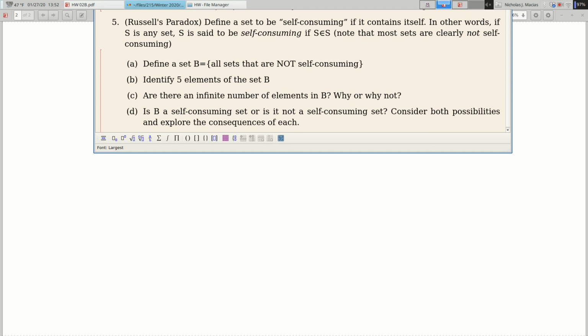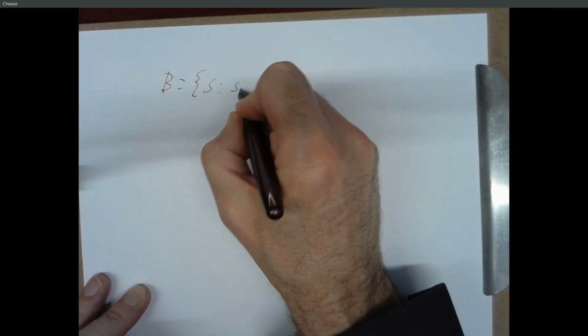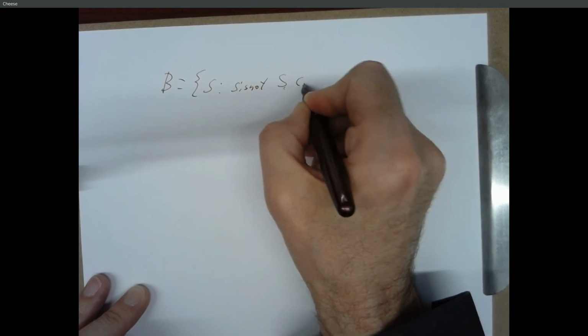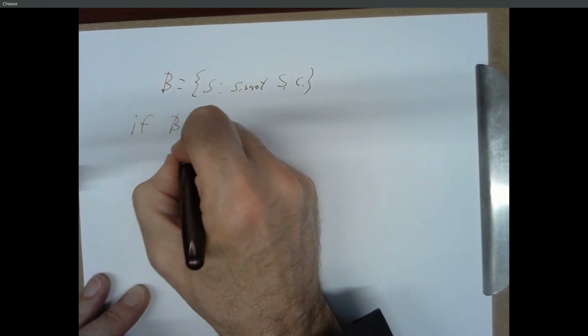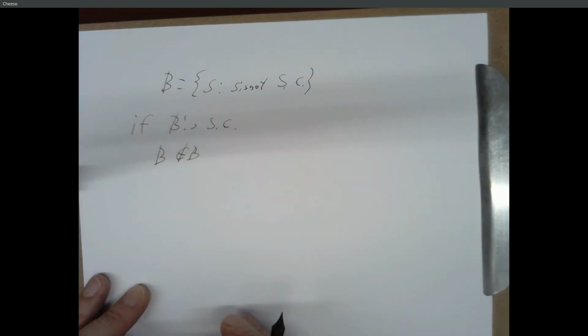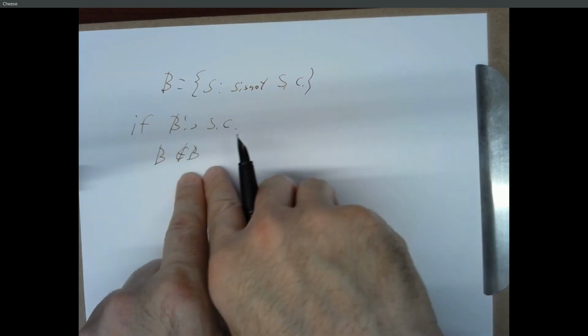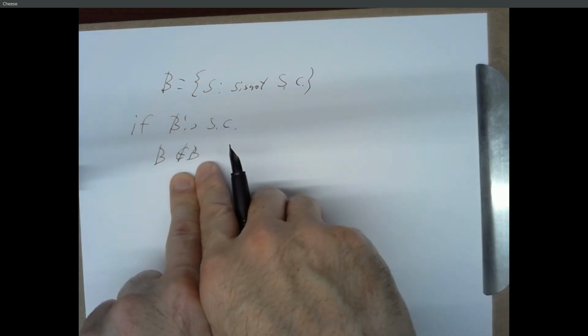In the last 3 minutes, as you probably discovered, there's a problem here. The problem is B equals the set of all S such that S is not self-consuming. If B is self-consuming, then B cannot be a member of B, because this contains things that are not self-consuming. So if B is self-consuming, it's not contained in B. Well, if B is not contained in B,